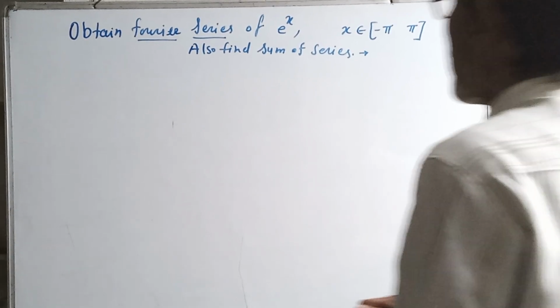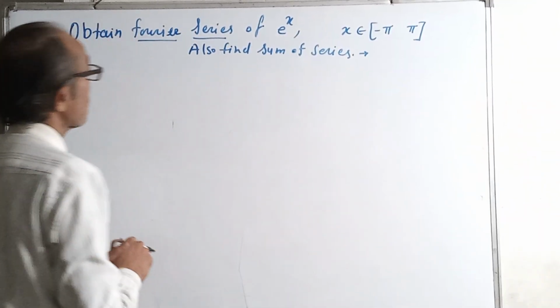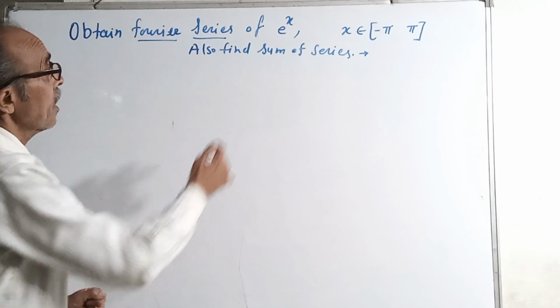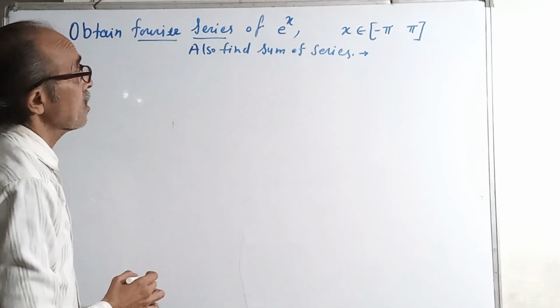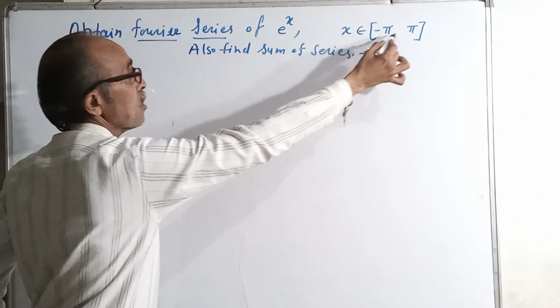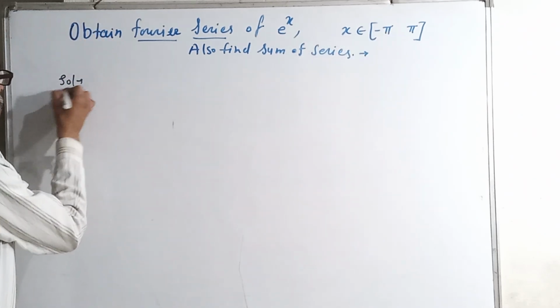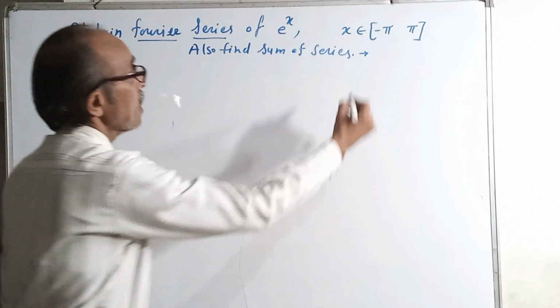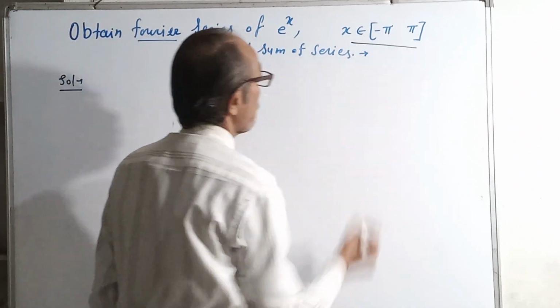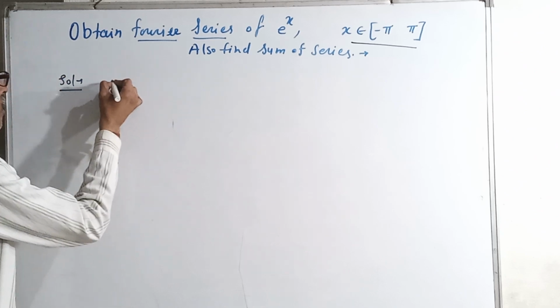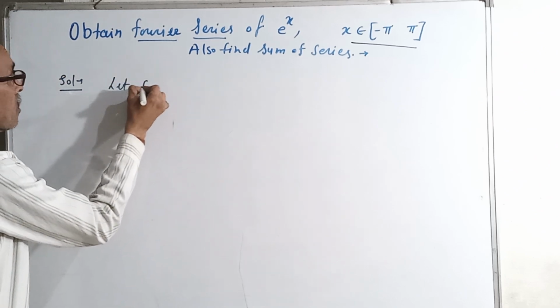आज का जो इम्पोर्टेंट क्वेश्चन है, फूरियर सीरीज आपको इसका फाइंड करना है और फंक्शन f(x) है वो e^x गिवन है, इंटरवल इज −π to +π. Then we start the solution because x belongs to −π to +π, and there let the f(x)